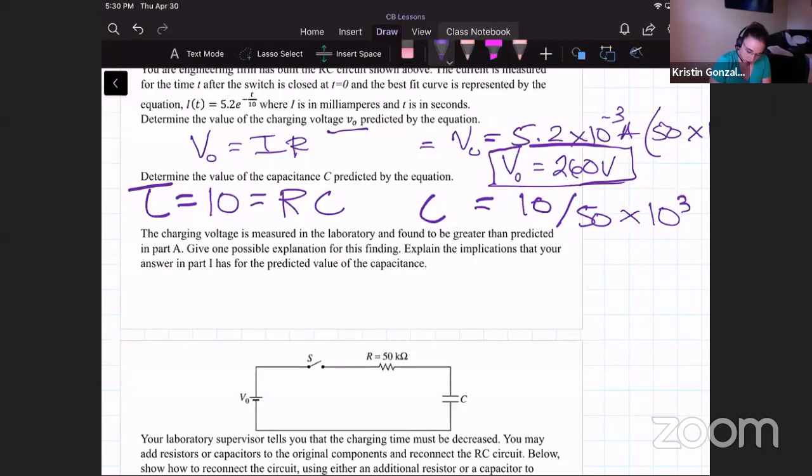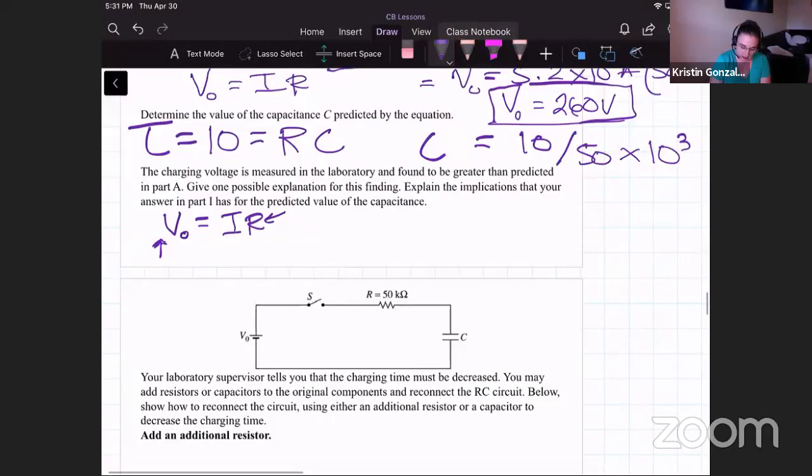Okay, so if we go back to Ohm's law and we know that V is equal to I times R. If this is actually greater than what we predicted, well, our current function is our current function. So what else could we look at? Let's look at the resistance. Well, in order for the charging voltage to be greater, what does that say about our resistance? It's actually greater. So what would make the resistance in this circuit here be greater? How could we make this resistance in our circuit greater? We can't add any components. The components are the way they are right now.